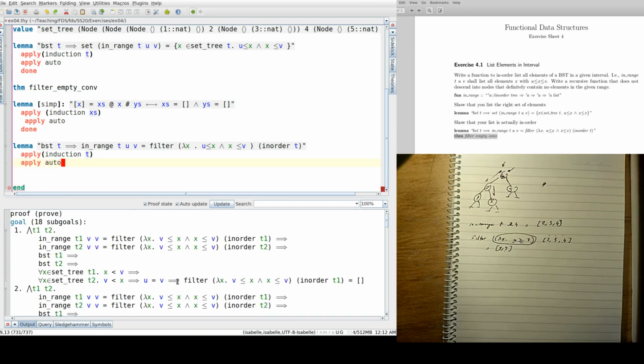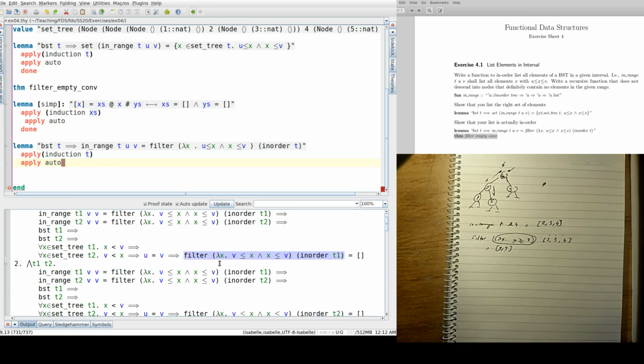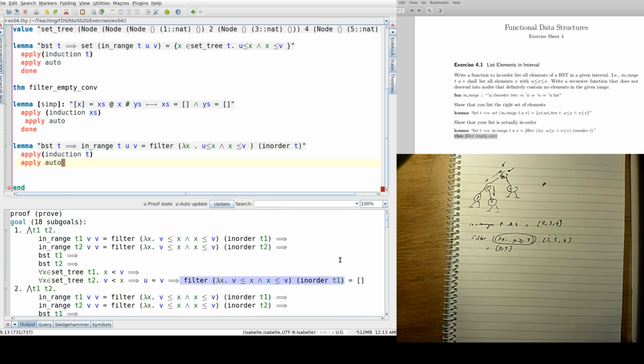Okay, so now we want to show that the current subgoal says that filtering from this, the left subtree equals empty. Okay, so this is the left subtree and this is empty. We want to prove that